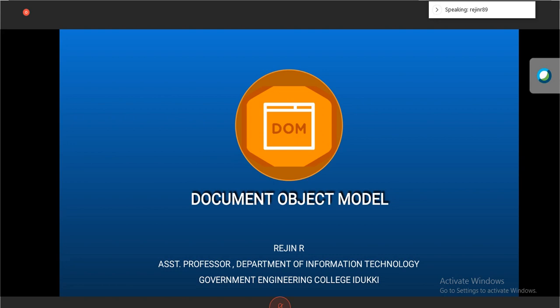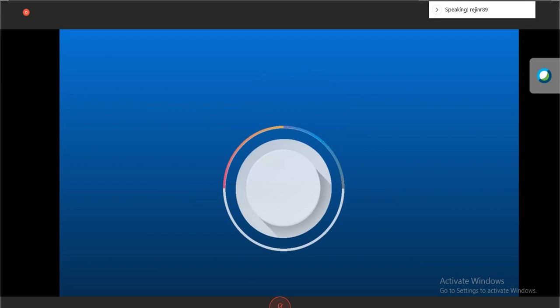These are the contents we are going to discuss in this session. First, we will discuss the introduction to the DOM. Then DOM navigation, that means accessing each and every element of the DOM. Then DOM manipulation, where we will manipulate the content using the DOM.